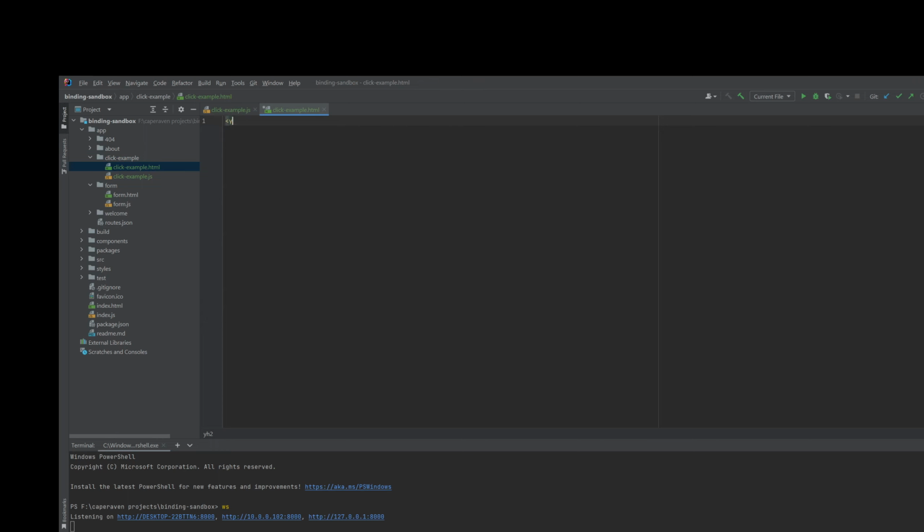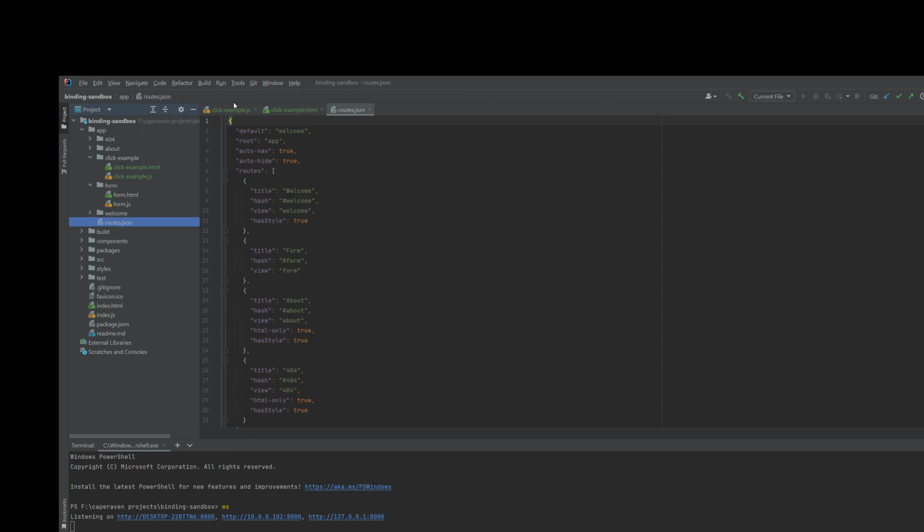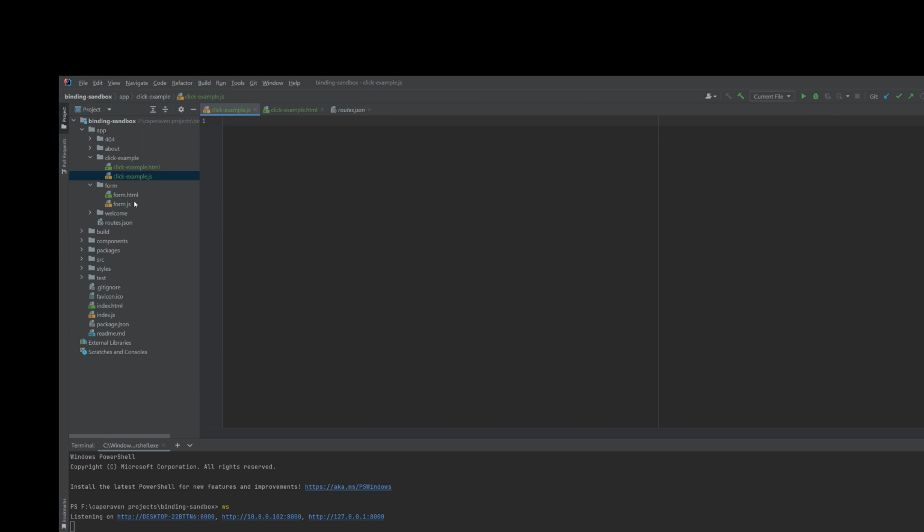Inside here I'm just going to put an h2 and I'm going to put an expression that says title. This is just a standard binding engine expression that says take the title property of the view model and stick it in here for me, and that is fed via the router because we're using a CRS router in this case. But before we continue down that road too far, let's copy this welcome code,